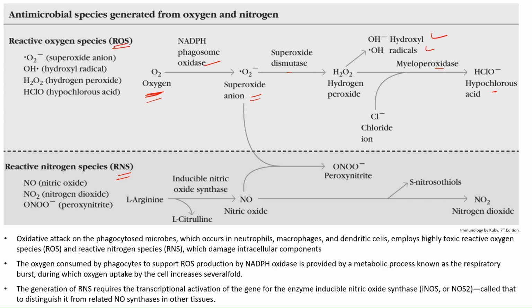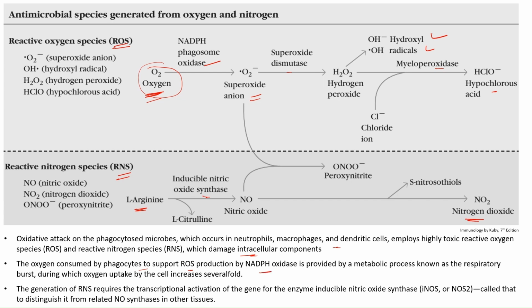Similarly, for reactive nitrogen species, in the presence of different other enzymes in the lysosomes, they convert L-arginine into nitrogen dioxide, that is NO2. This oxidative attack on the phagocytosed microbes occurs inside the lysosome, and because of these nitrogen species, the cell gets damaged. Now, where does the lysosome get this extra oxygen? The oxygen is consumed by phagocytes to support ROS production